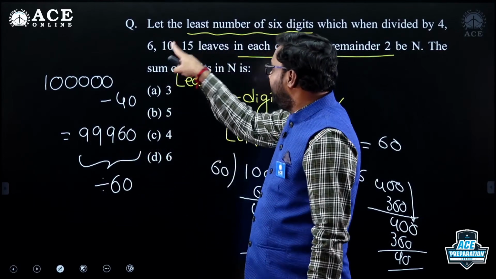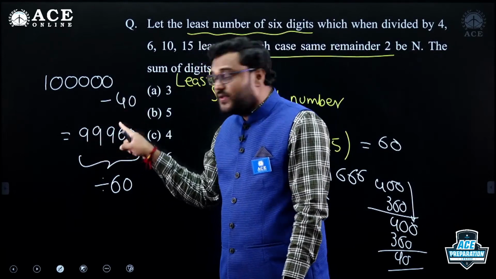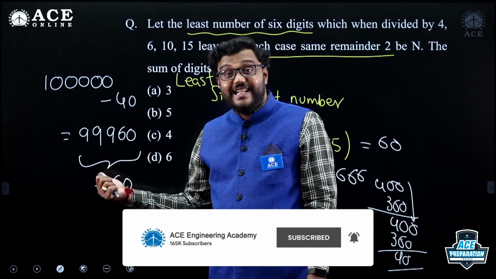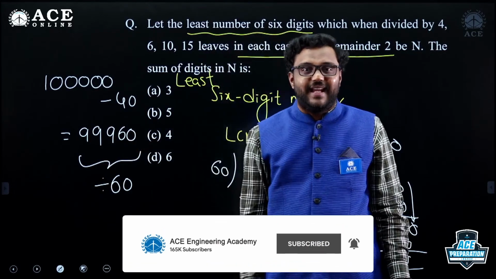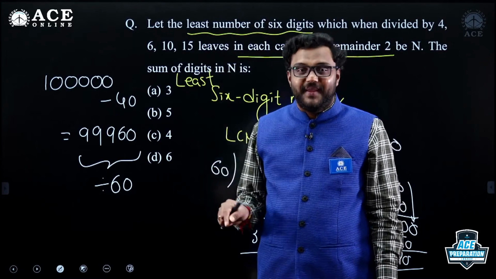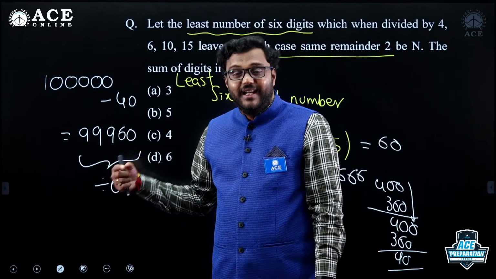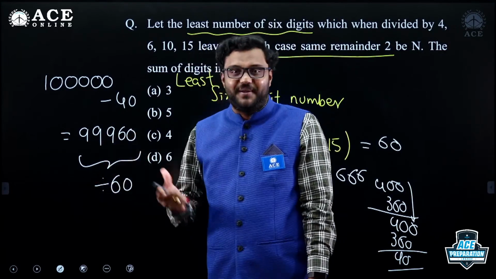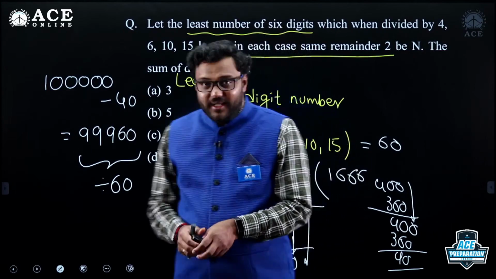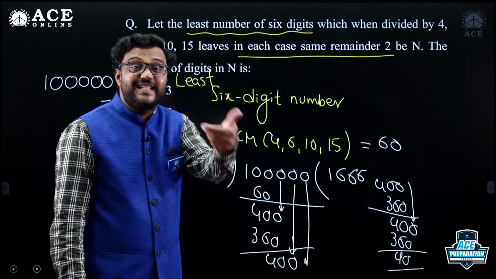That's what they mentioned, divide by 4, 6, 10 and 15, this 99,960. But this is the greatest 5-digit number. If they ask you in an exam to find the greatest 5-digit number which is divided by 4, 6, 10 and 15, your answer should be 99,960. This is a 5-digit number. What we require? Least 6-digit, right? Now, if this 99,960 is divided by 60, if you add 60 to that,